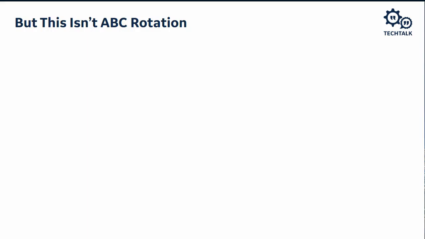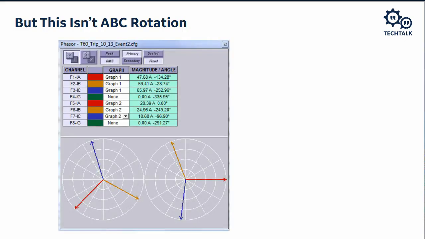But it's even more nuanced than that. What we're actually seeing here isn't ABC rotation. Let's take a look at what we're actually seeing. All right, so if we look at these phasor diagrams, if our eye was at the right side of the screen and it was looking into the origin,